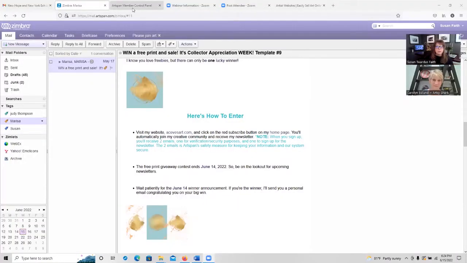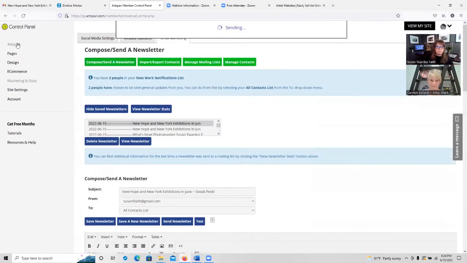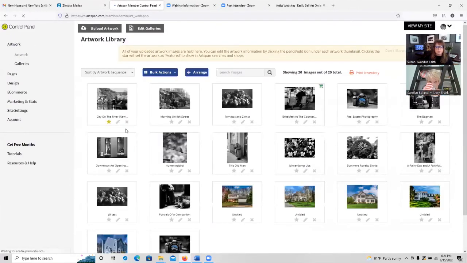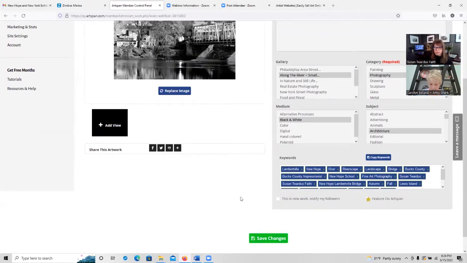I'm going to share my screen again here. And I will open up a piece of artwork. And right here, when you add your images and you fill out your keywords, please, there's a little box right here that you can check that this goes out to your followers.